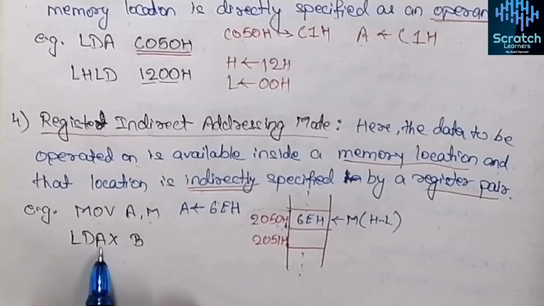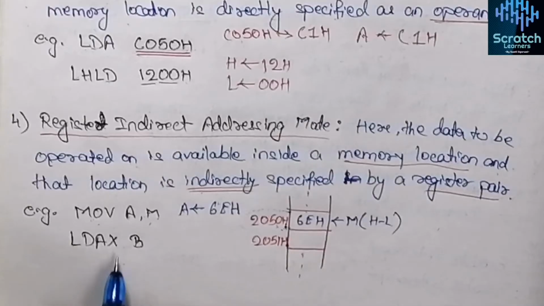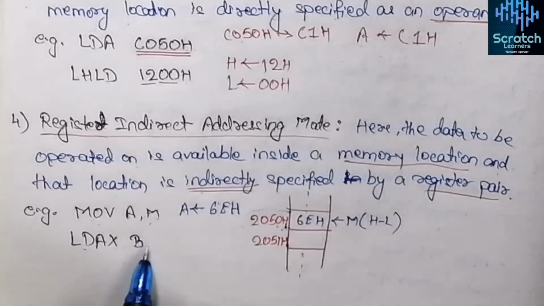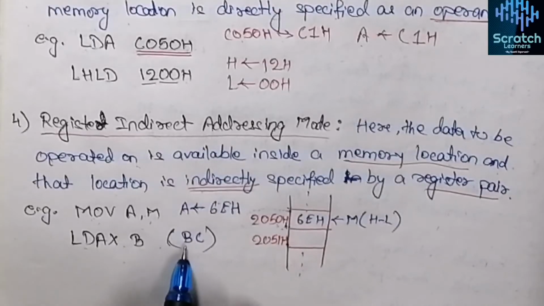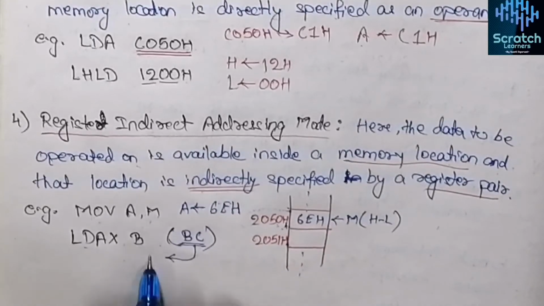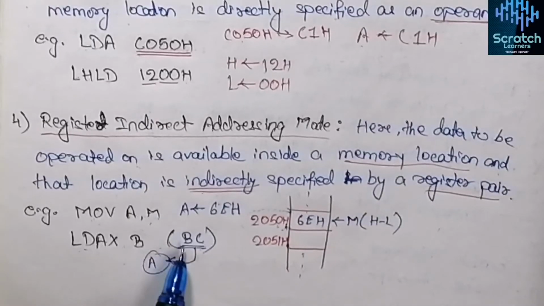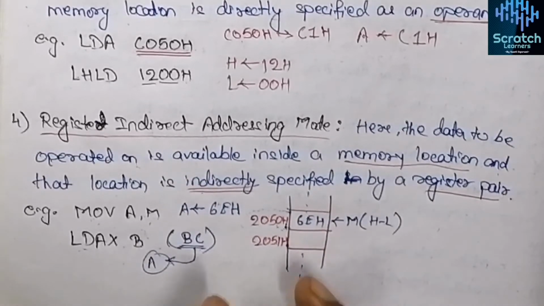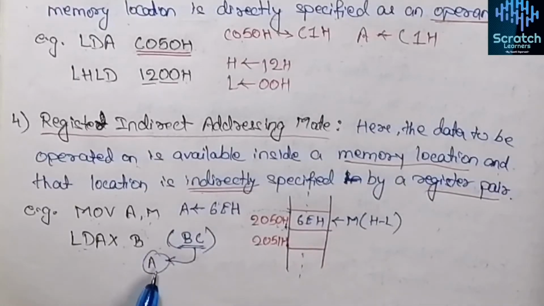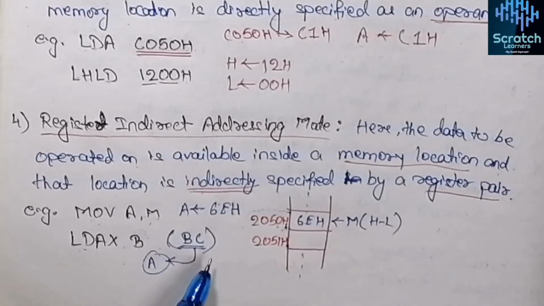In the same way, we have another instruction LDAX B, and this instruction will move the content of the memory location pointed to by the BC register pair into the accumulator. See, in register indirect addressing modes, here the operand is always of 16 bits. So this B register is present in a pair, and it is being paired with the register C. So the content of the BC register pair is used to address memory, and the data is transferred into the accumulator. Here also it is indirect. Why? Because through this BC register pair, we need to go to some location, then we fetch the data, and then it will be transferred into the accumulator. So this is register indirect addressing mode.